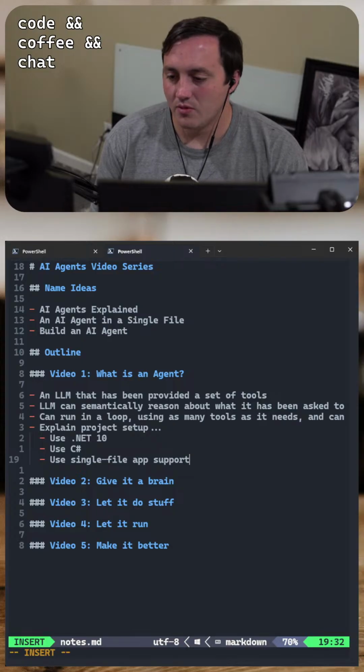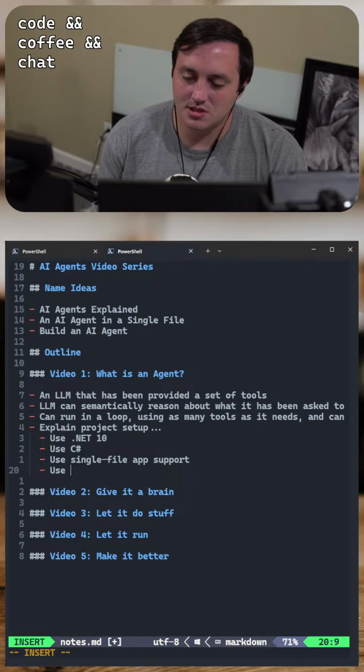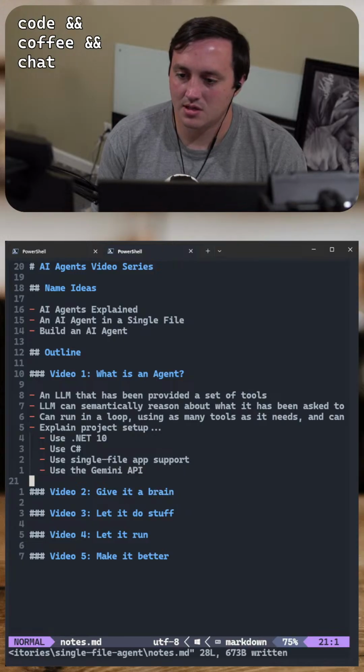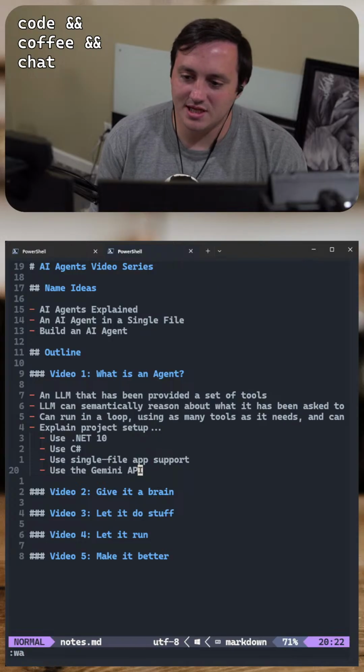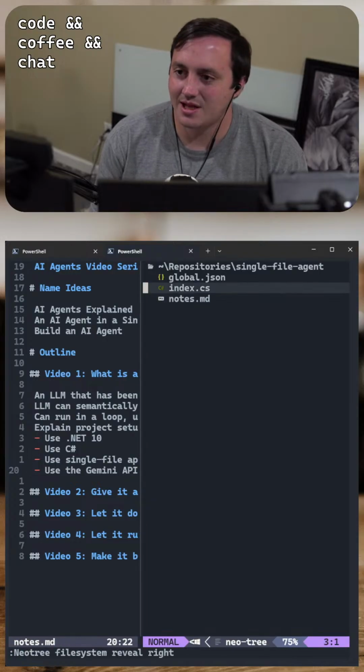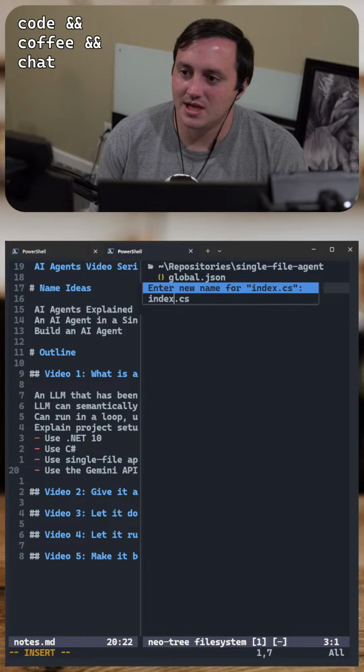And then, oh, we also need to say we're going to use the Gemini API. Yeah, I think that's what we'll do. We'll basically get it to a point where we have it set up and ready to go. So let's actually rename this to video 1.